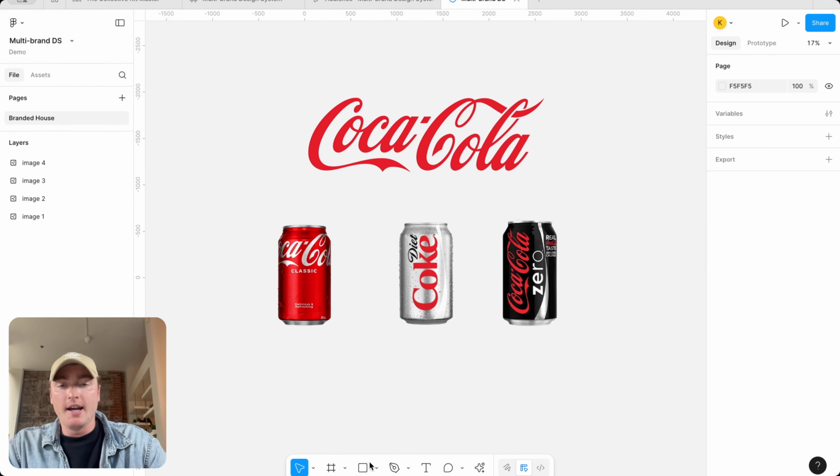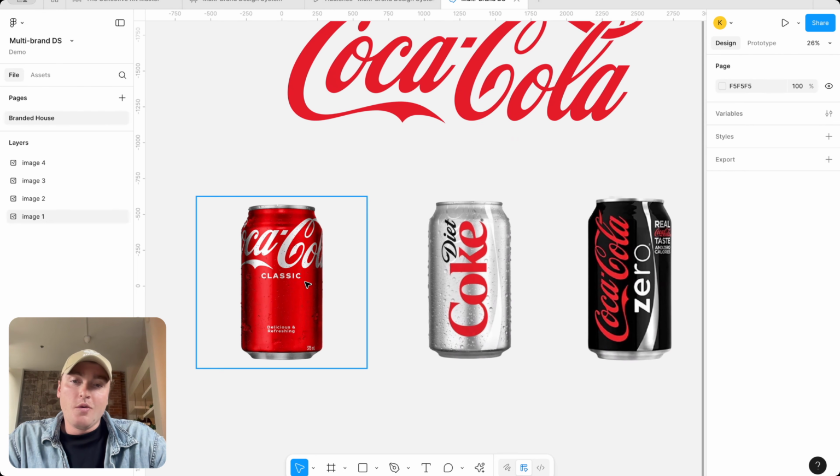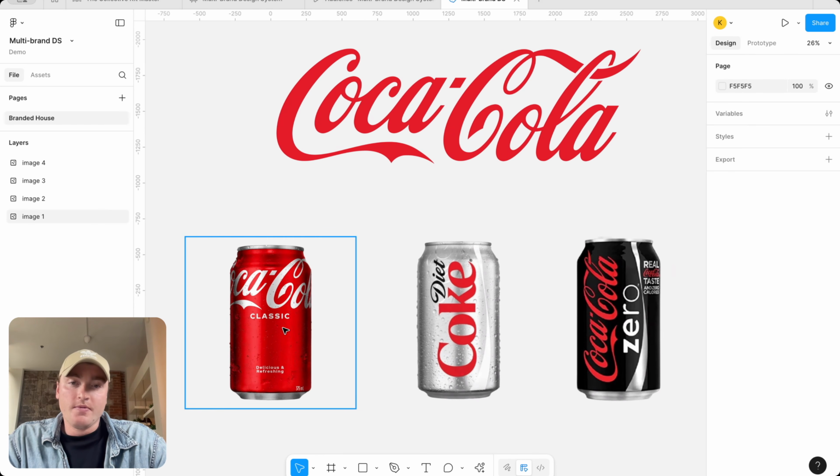Okay, one thing here is that in your country, you might not have Diet Coke or Coke Zero, you might just have Coke. But here in Canada, at least, we have all three plus a bunch of other types of Coke, which is why I'm using this as an example. So apologies if you don't have Diet Coke. Anyways, let's continue. If we look at Coca-Cola, what's one thing that we noticed here is that their